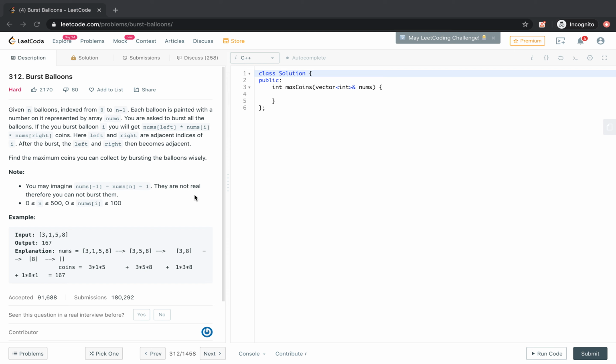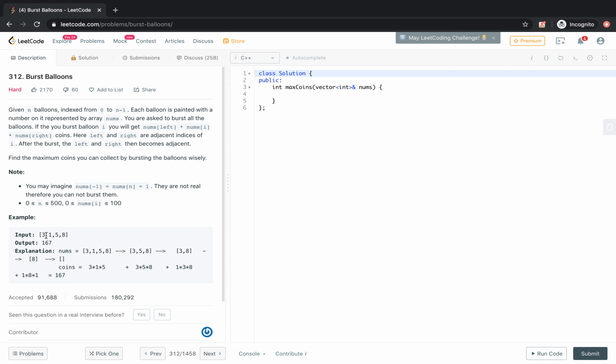So today we are going to solve problem 312, which is a hard problem, Burst Balloons. Basically we are given an array of balloons, and each balloon is painted with a number, like 3, 1, 5, 8, which is the number printed on a balloon.